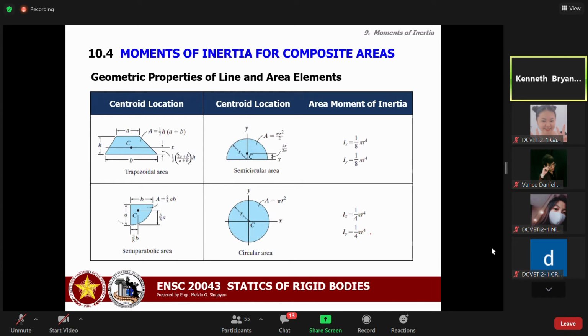Then if you have a semicircular area, Ix is 1/8 pi r to the fourth and Iy is 1/8 pi r to the fourth. If you have a circular area, Ix and Iy will be 1/4 pi r to the fourth. So similar to quarter circle, this formula is with respect to the given x and y axis. If you want to solve for the centroidal moment of inertia, yung I bar x prime dito,